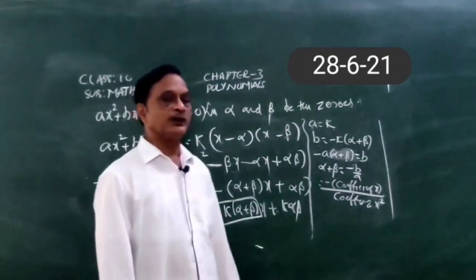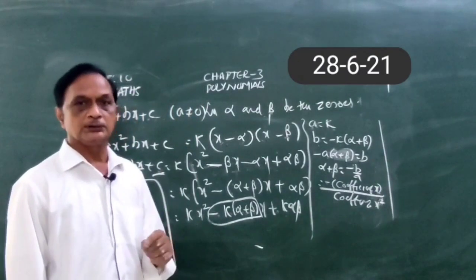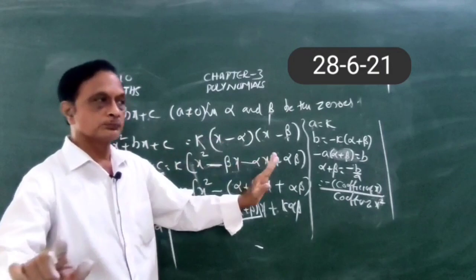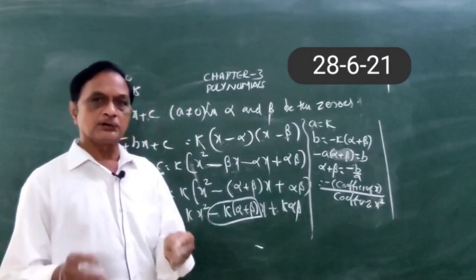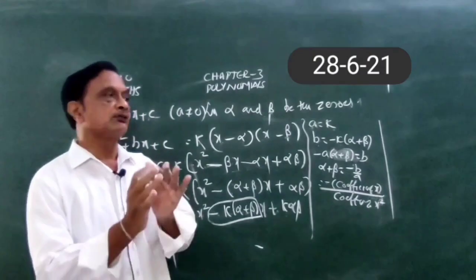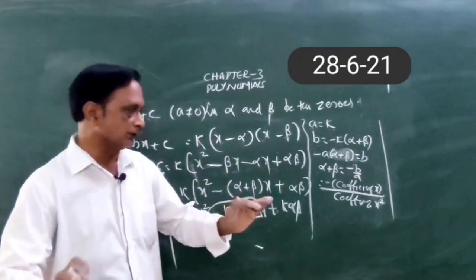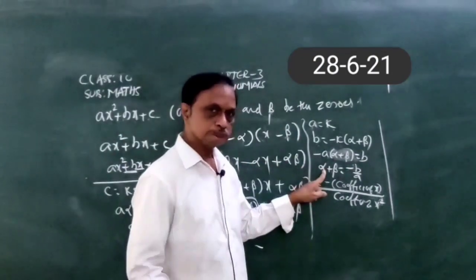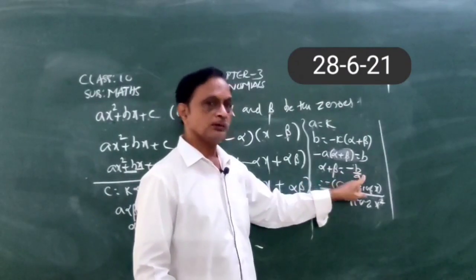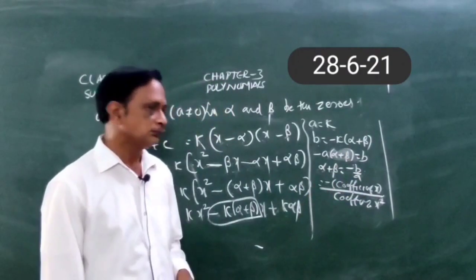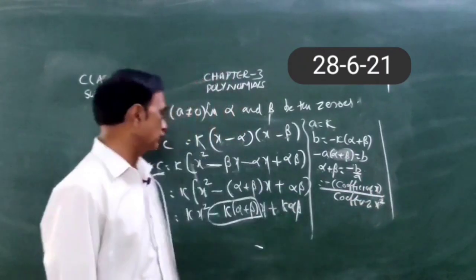So if you are asked to find the sum of the zeros, from now onwards, there is no need to find the zeros. Actually, to find the sum of the zeros, what is required? Zeros are required. But there is no need to find the zeros of the given quadratic polynomial to find the sum of the zeros. You can simply write sum of the zeros, alpha plus beta, formula minus b by a, nothing but minus of coefficient of x by coefficient of x square.